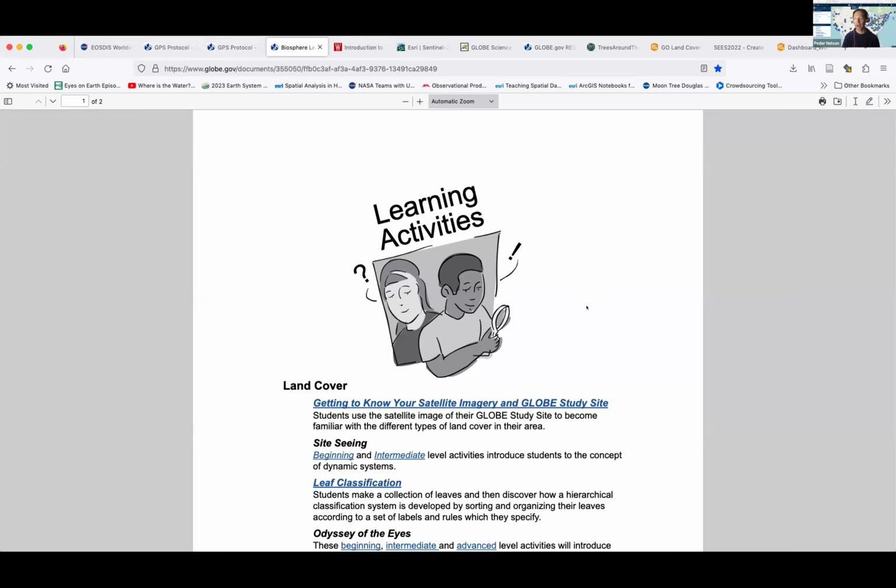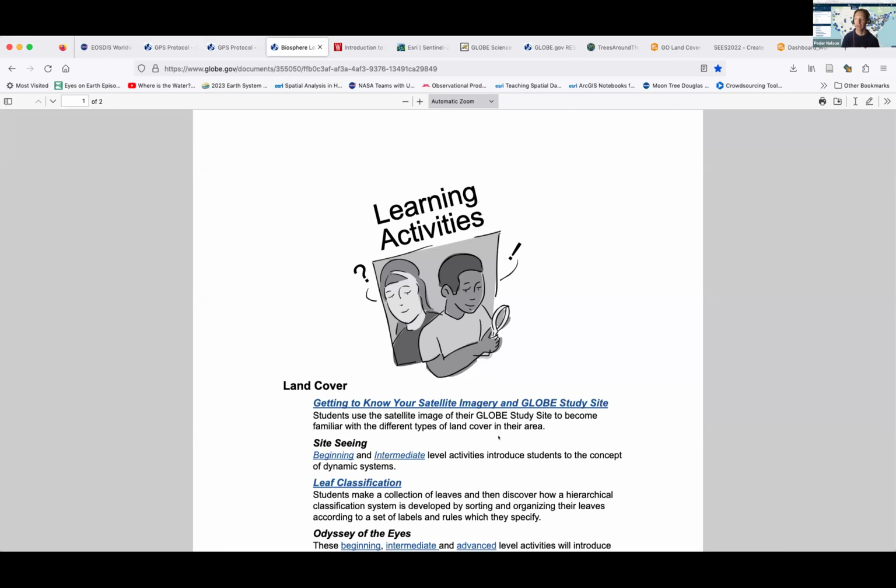So I want to highlight again, there are these learning activities around the biosphere that really can be used throughout any of your research. So getting to know your satellite imagery and your globe study site. So again, this is one of those things where you might find your satellite imagery might be different than what is described here, but the idea behind it, the fundamentals behind it are still really valid, including looking at your site.